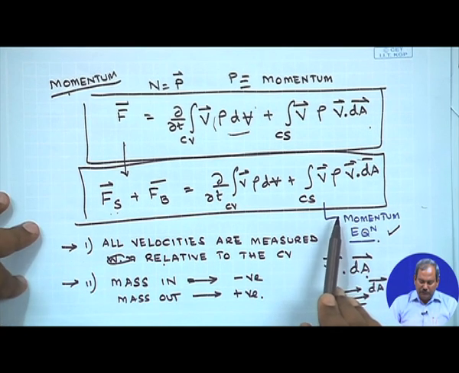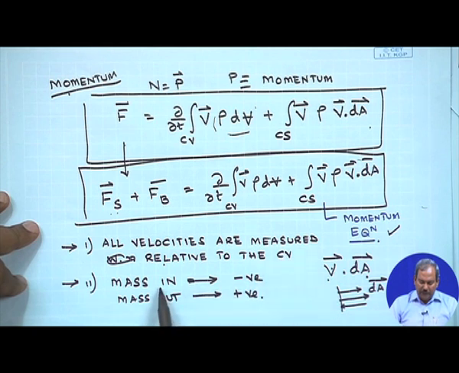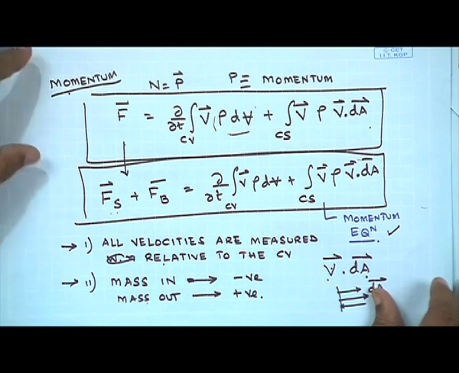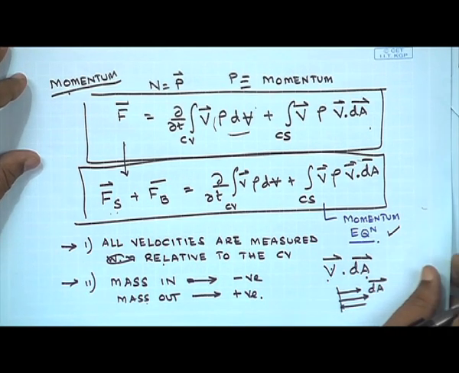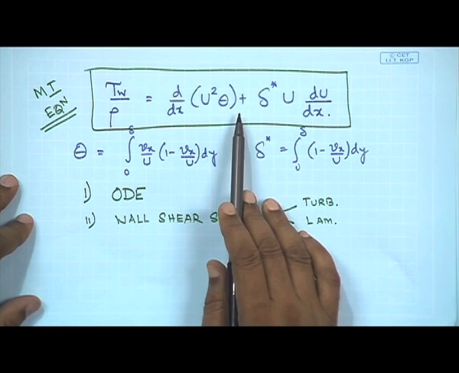The points to note here are that all velocities that we refer to here are measured relative to the control volume, and by convention mass in is always taken to be negative because of the dot product of velocity and the area vector, where the area vector is always directed outwards, perpendicular to the control surface, and mass out would be positive. Starting with this and with some more simplifications, we have ultimately obtained an ordinary differential equation,